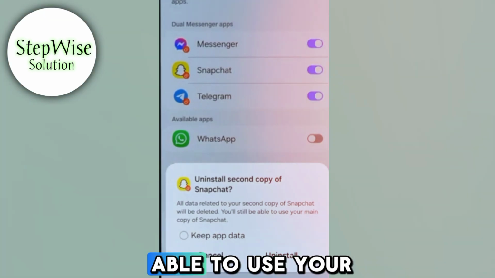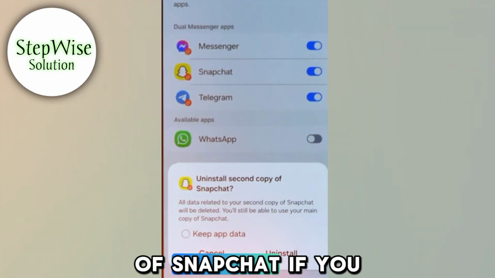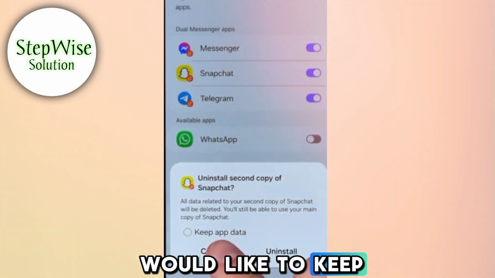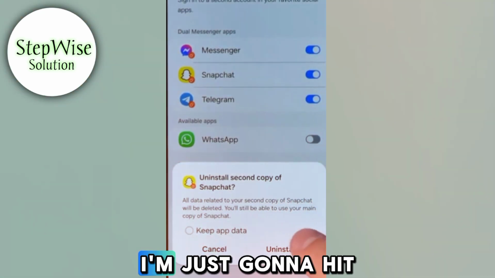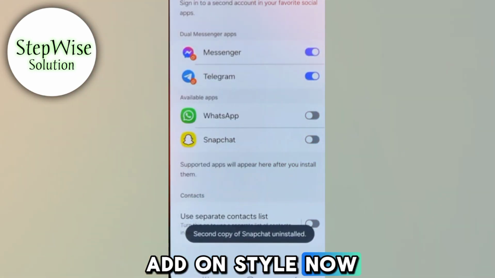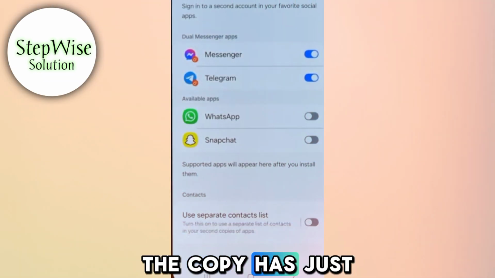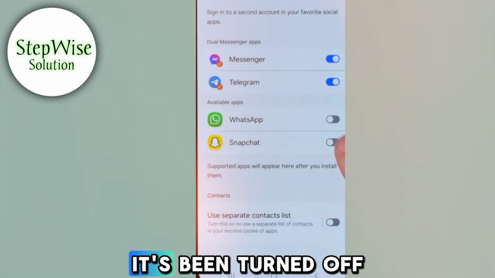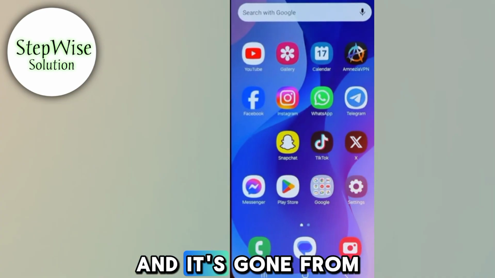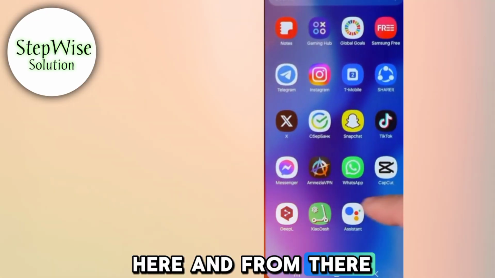However, you will still be able to use your main copy of Snapchat. If you would like to keep the data, check mark it. However, I'm just going to hit Uninstall now, and as you can see, the copy has just been removed. It's been turned off actually, and it's gone from here and from there,